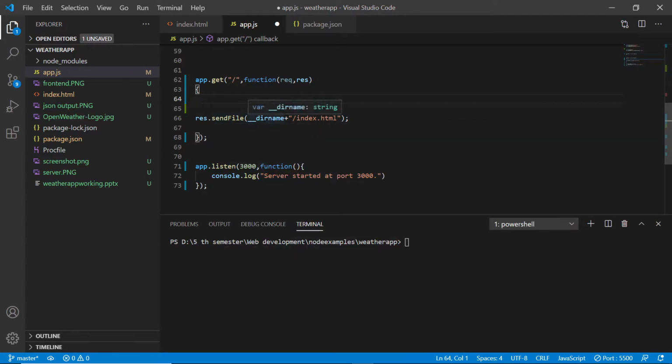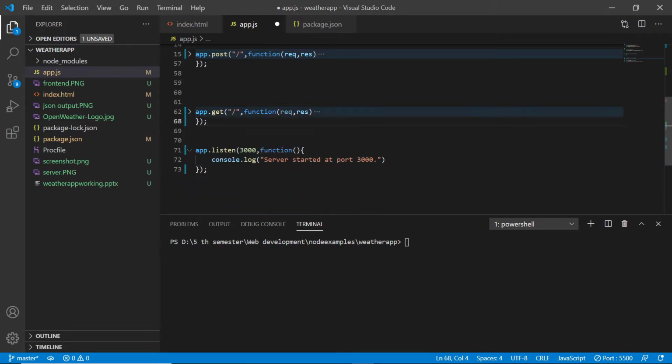Now this is needed because when we deploy it to any remote location, we don't know the current working directory. We can't just hardcode our local working directory. So __dirname can give the current working directory wherever it is present, and index.html is the file we want to send back. So this is about the get, and this is about the listen. We saw our app will be listening at this port, and whenever there is a get request, it returns back the HTML.